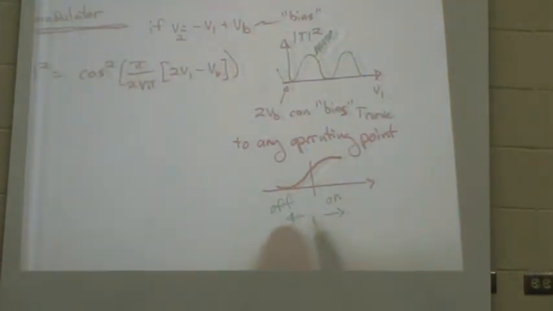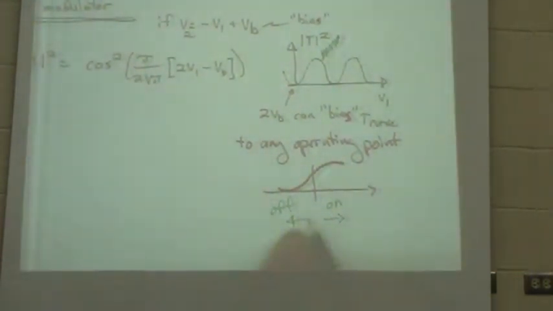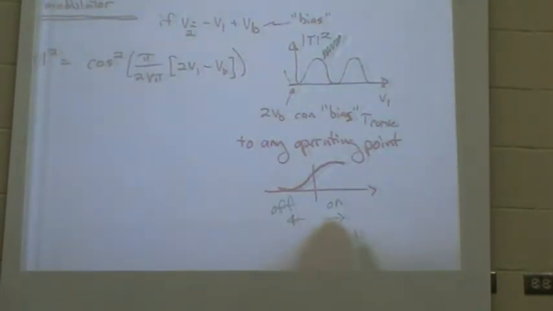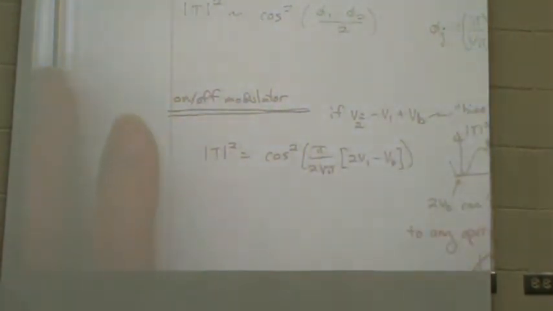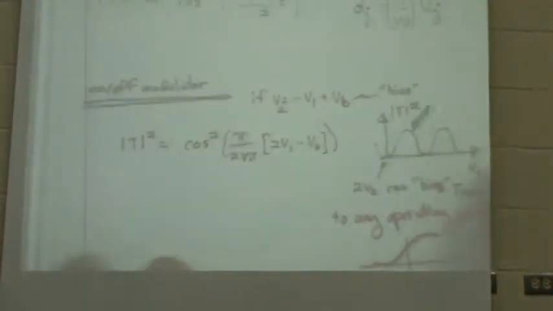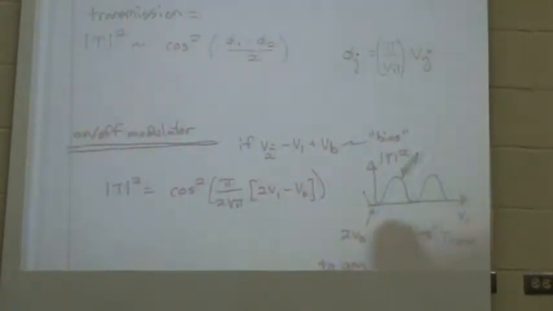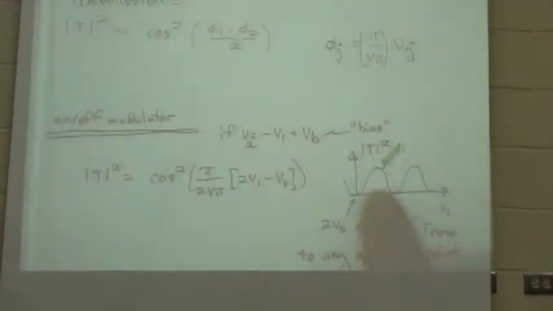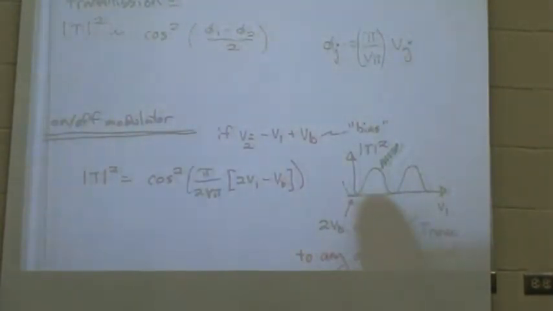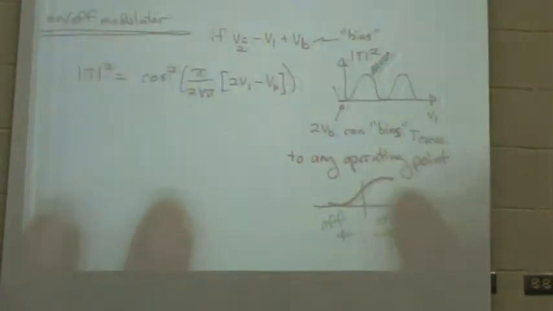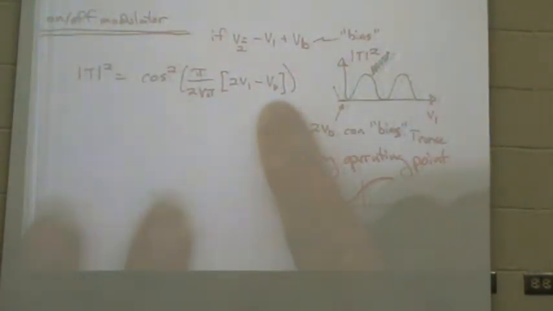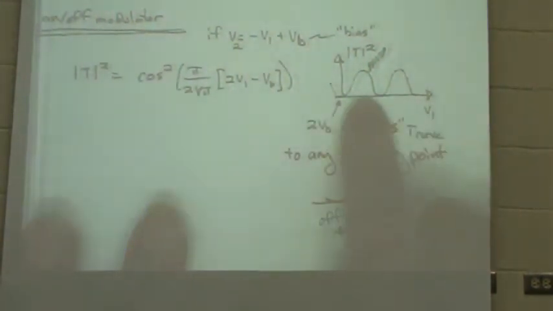Here, very little is getting through the device, and here, most of it's getting through. So I can turn things on and off, right? That's an on-off modulator. Okay. And being able to bias it is kind of nice because maybe I don't want to have to apply a lot of voltage to it, right? I want V1 to be small. I can add or subtract some VB to essentially move this curve back and forth